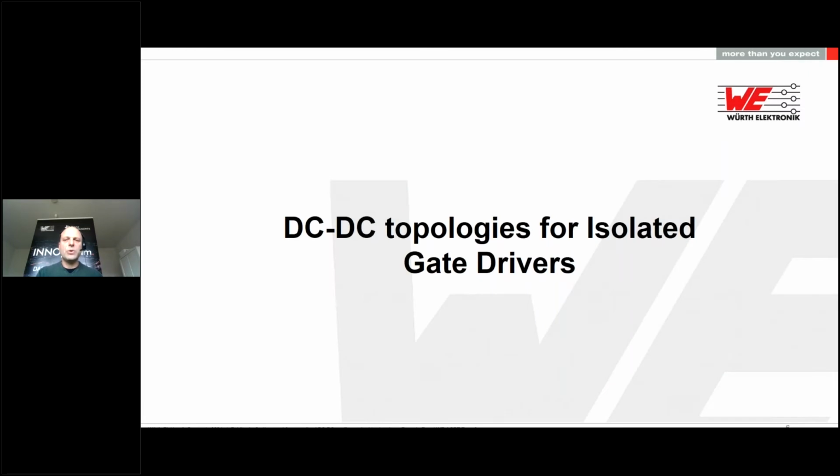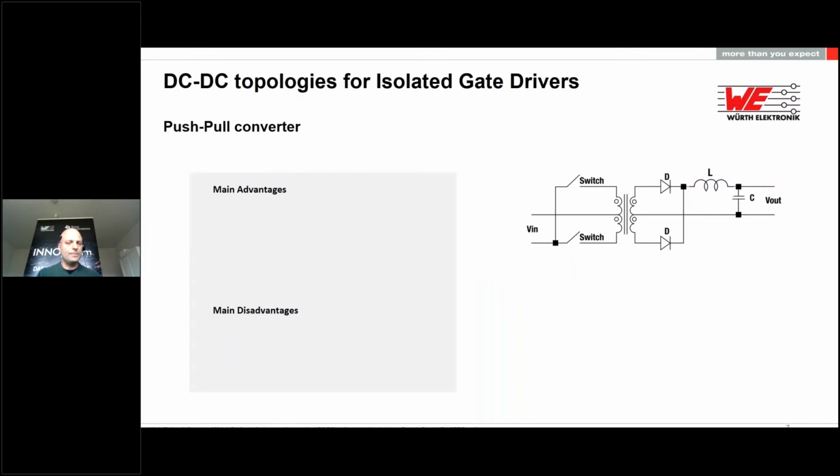Now let's review the most popular DC-DC topologies in gate drive applications, and we will start with push-pull. The push-pull topology is one of the easiest to implement, with a simplified design working on a fixed 50% duty cycle and without the need of an output buck stage. Therefore, an output inductor is not required. During the small dead times, the output capacitor will take over, providing the output power. The transformer works in so-called forward mode. Therefore, the power is transferred instantly, so there is no need to store the energy. Therefore, we can have a transformer in a smaller size.